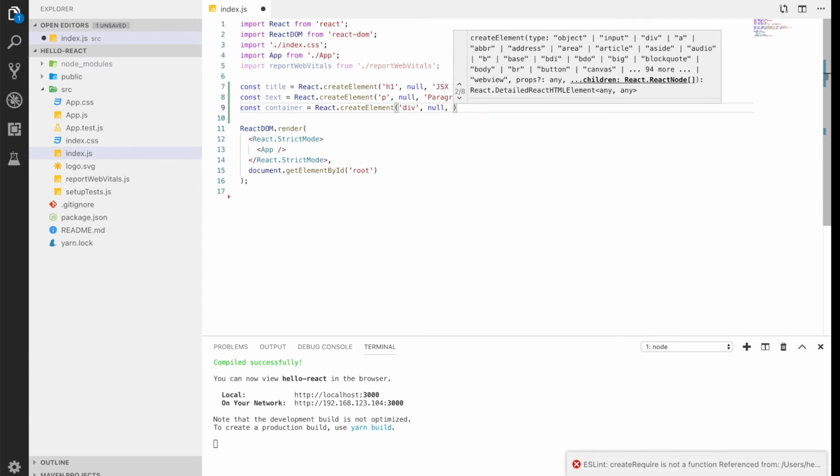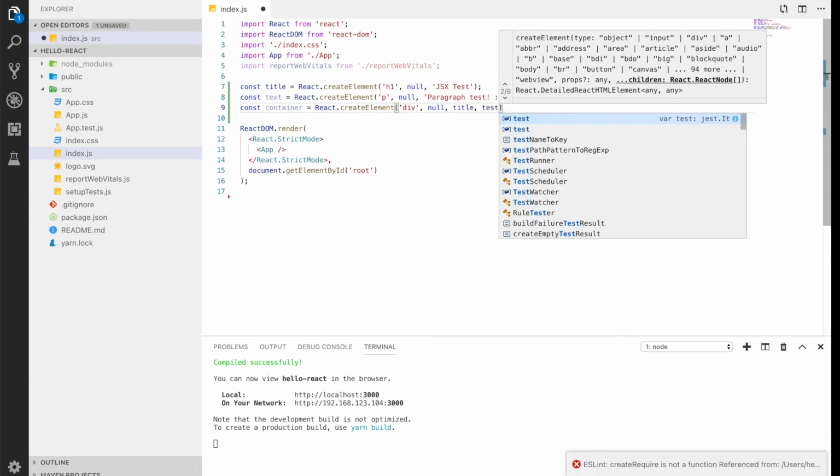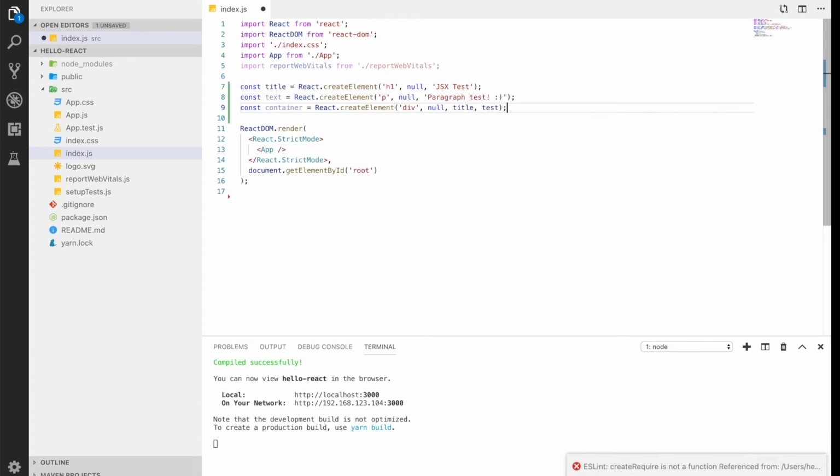And this container is going to contain title and text. But since there are two of them, we are not going to put it this way. We are going to put them together as an array like this. And since there are more than one, we have to put it all together as an array.